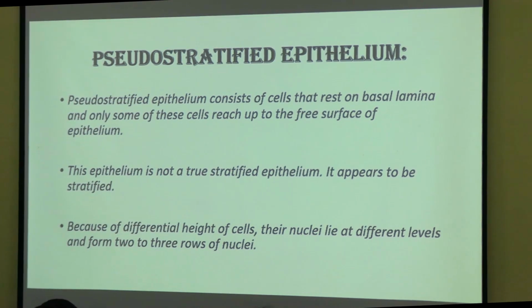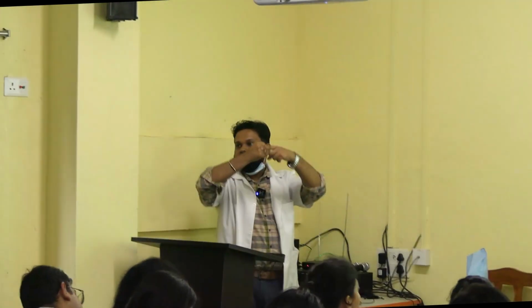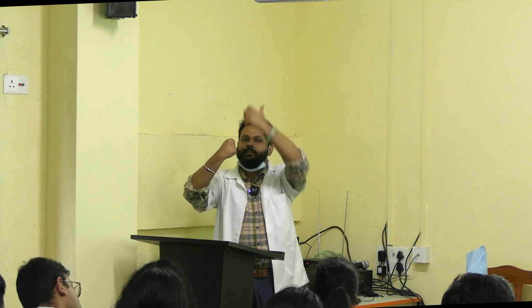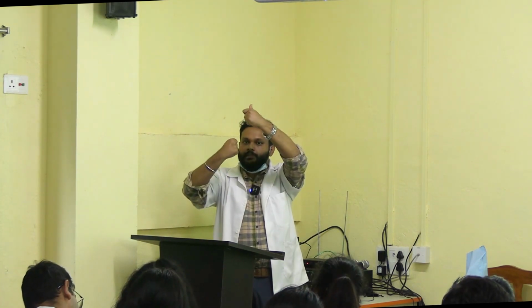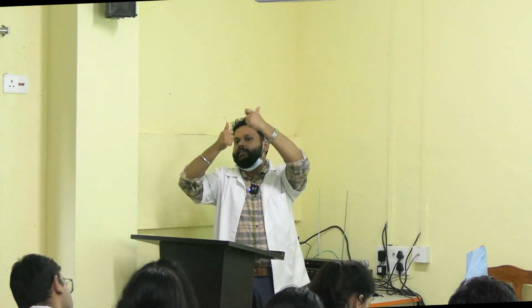So if this cell is having nucleus here, look at me. If this cell is having nucleus here, the second cell is having length more than this one, okay? इसका height थोड़ा ज़्यादा है. And it has nucleus here. इसका न्यूक्लियस यहाँ पर है, इसका न्यूक्लियस नीचे की तरफ है. तो देख के ऐसा लगेगा कि